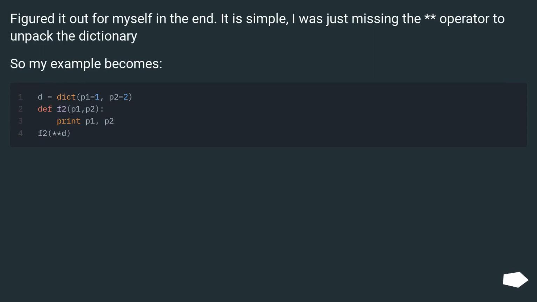Figured it out for myself in the end. It is simple, I was just missing the operator to unpack the dictionary. So my example becomes